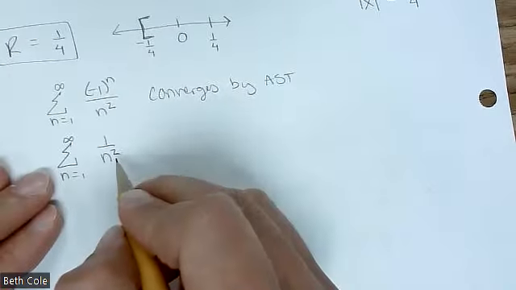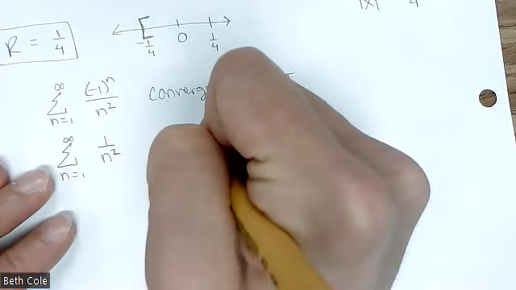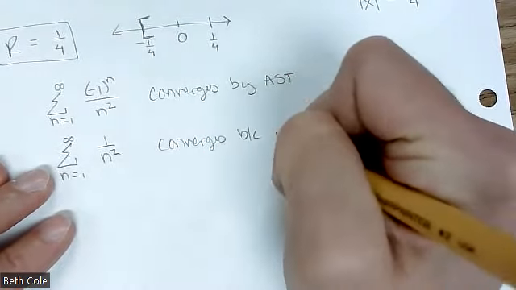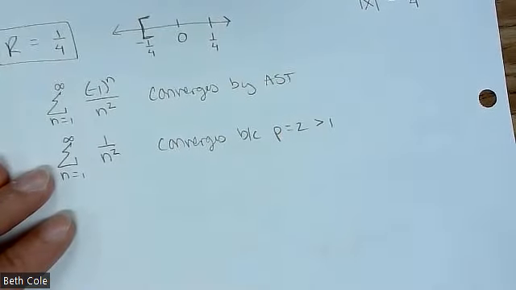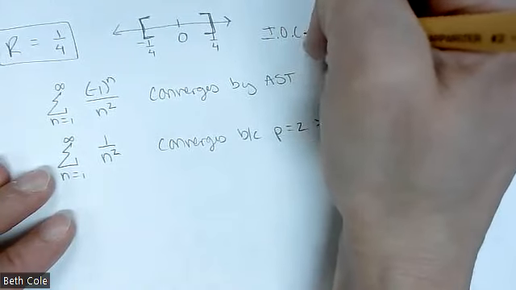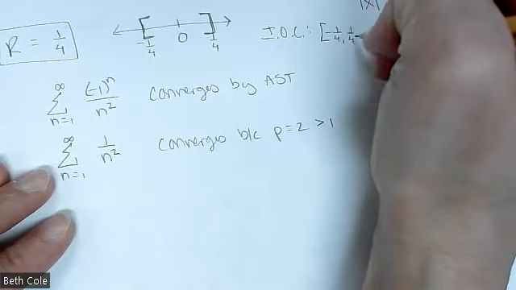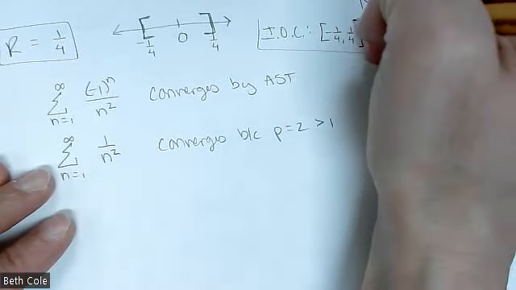P series, where P is 2, so it converges, because P equals 2, which is bigger than 1. So that also gets a bracket. So your interval of convergence is bracket -1/4 to +1/4. And I kind of wrote too big there, so